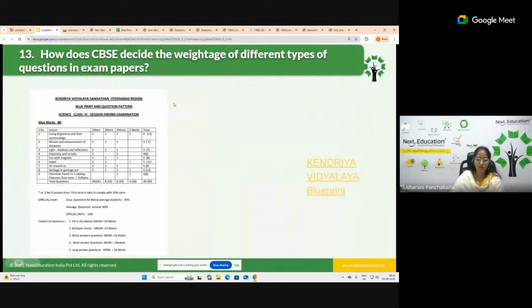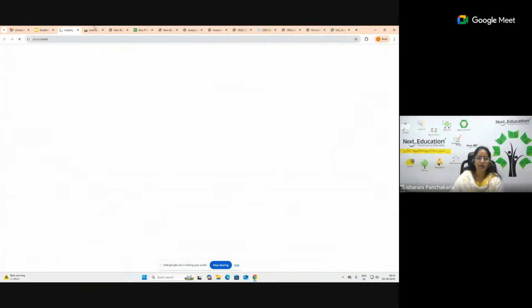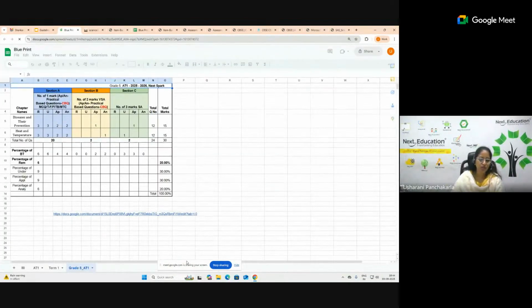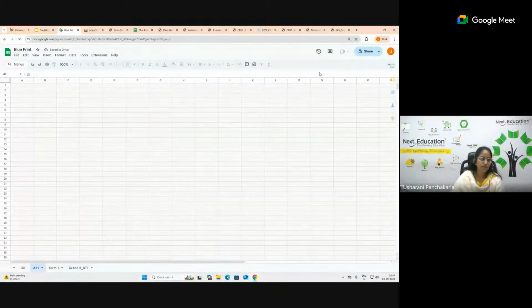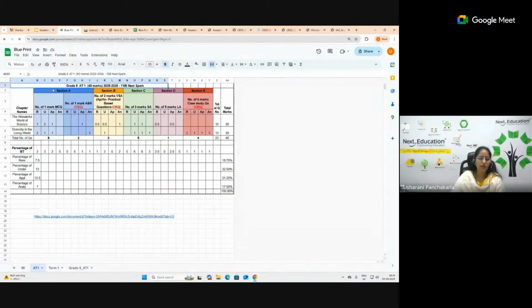Now when I show you the final document, what we have created as a blueprint, this is what it is about, where you can see the section level, the Bloom's taxonomy level, the type of questions, and the chapters. This is where it is required to create a blueprint, so that you don't feel like one percentage, because here the percentages are more important. Now remembering and understanding, if I calculate the percentage given, it is 51%.